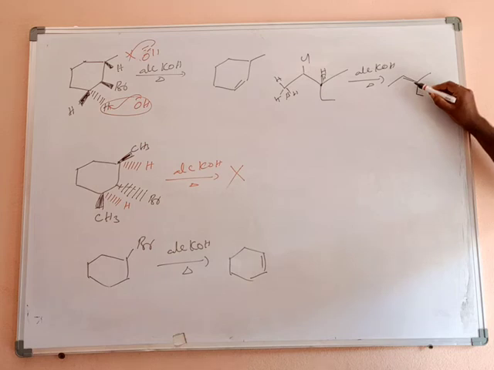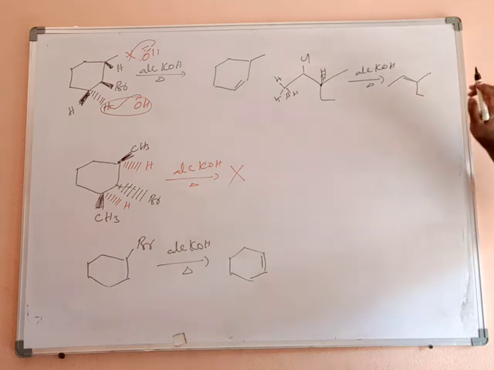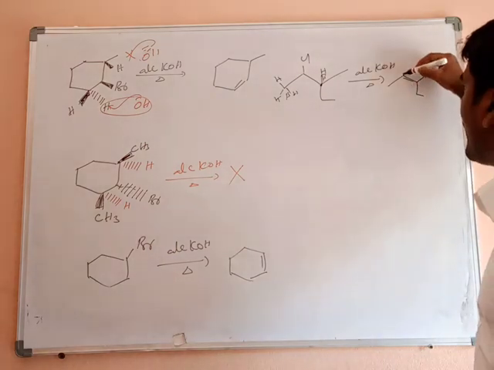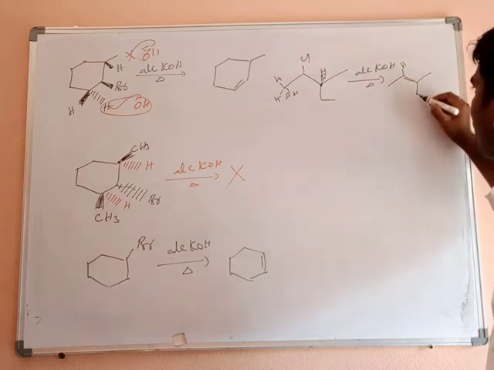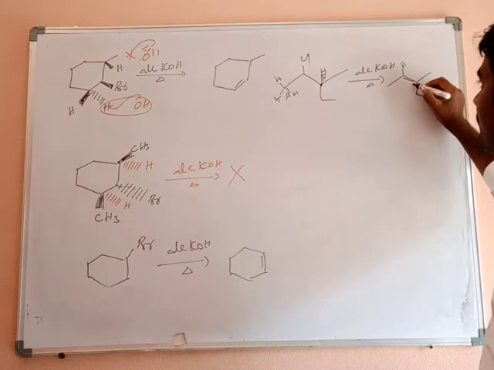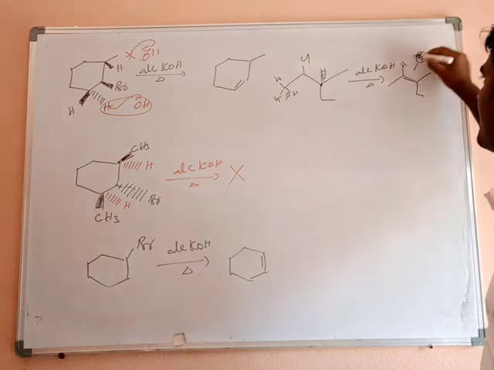Now which product will form here? An alkene. In this alkene, one hydrogen atom and a methyl group are on one carbon, and a methyl group and an ethyl group are on the other. So it shows GI, geometric isomerism. Cis and trans, which means two products will form here.